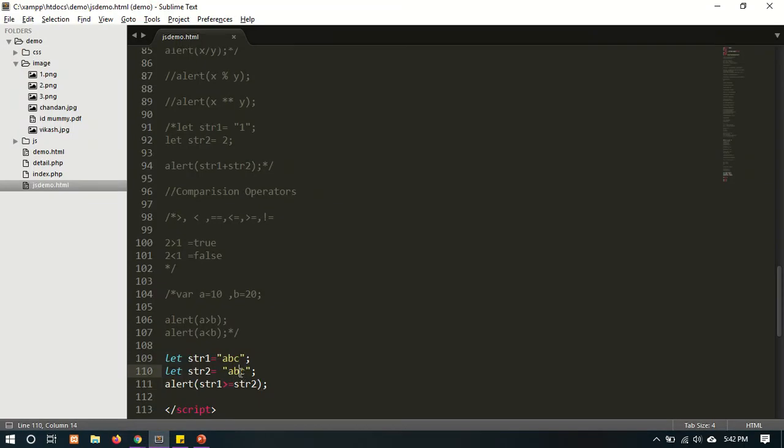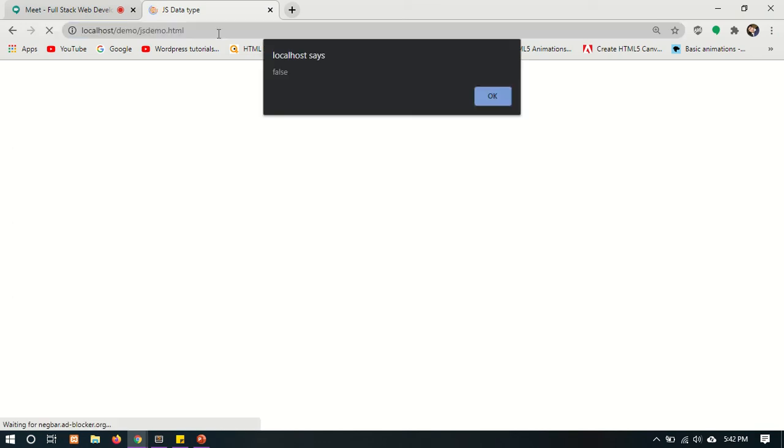If I put here capital B, a, capital B, so it will return false because the ASCII value of the small b is greater than the capital B. So it will return false because the capital B is not greater than the small b.